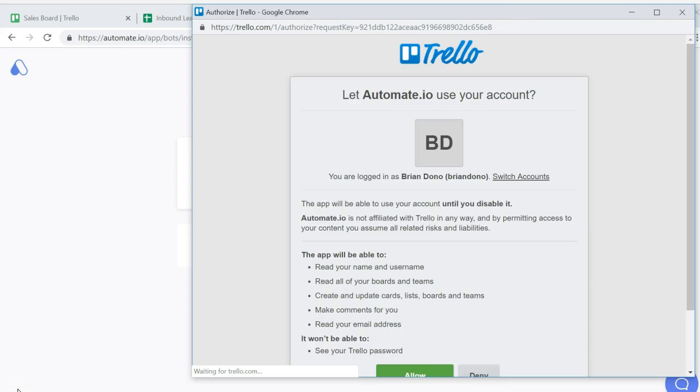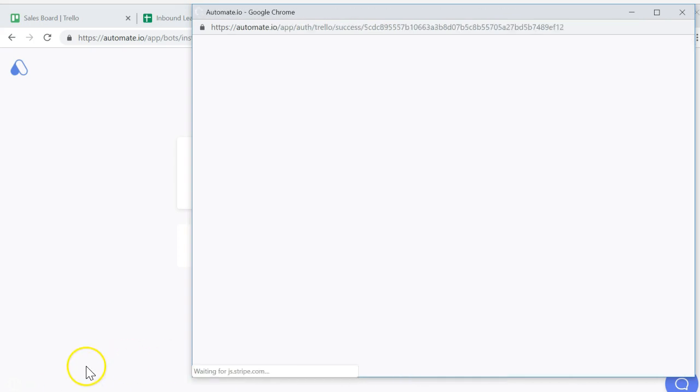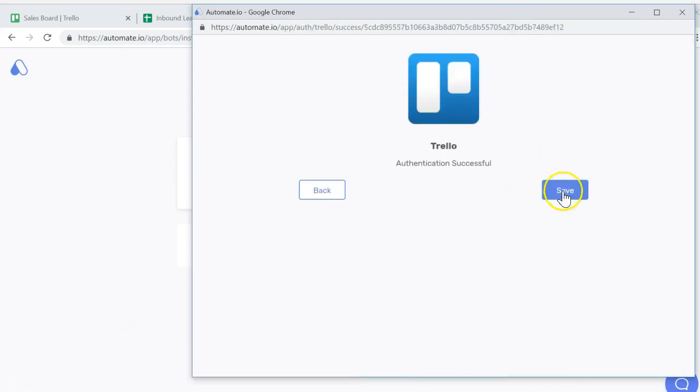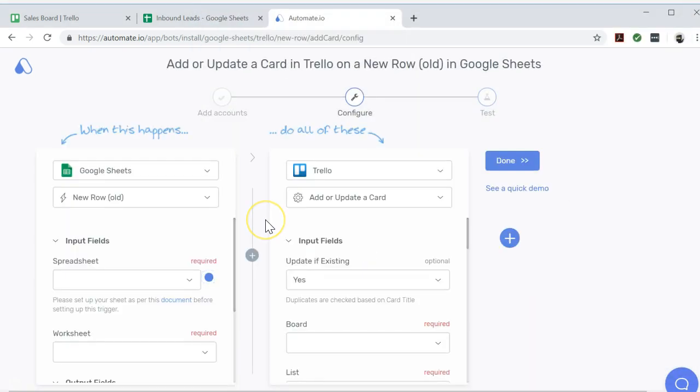And after successful completion of this step, you will see the Configure page. On this page, you will configure the specific data that you would like to transfer from Google Sheets to Trello. Once you complete this step successfully, Automate.io will create a card in Trello whenever there is a new row added